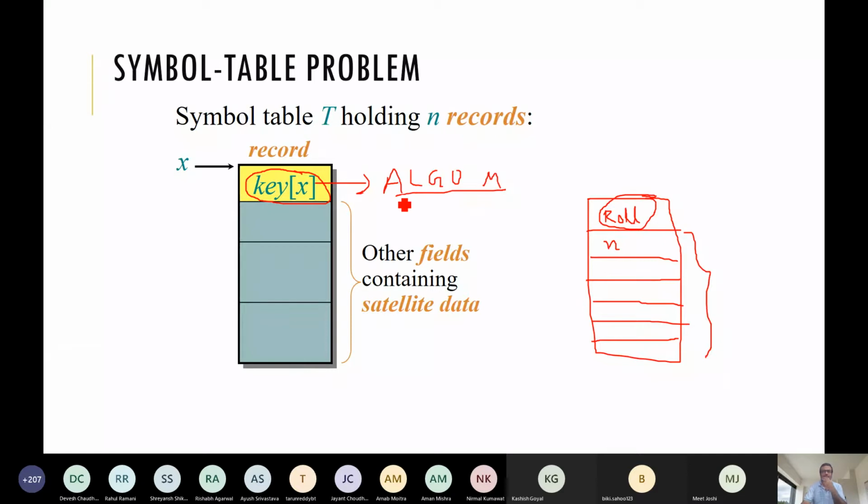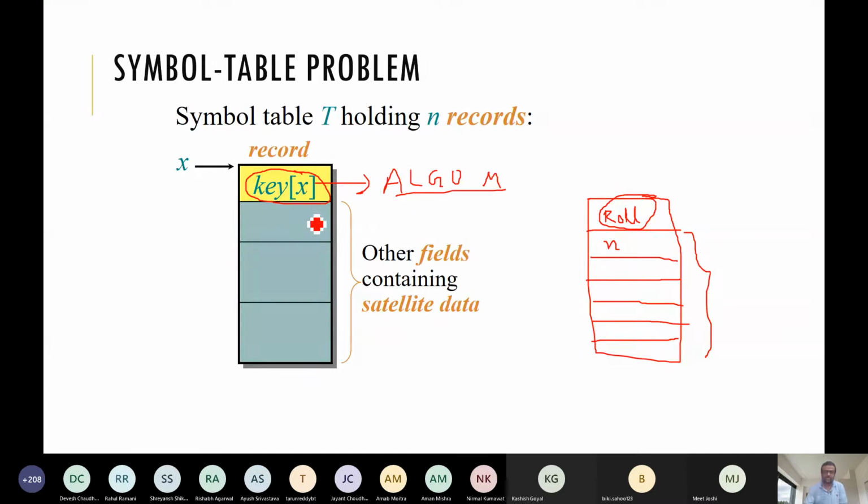Depending on the application, we may want to find who got the highest marks or who got marks less than 30, so that we can help those students improve. So we want to do the searching, or the arrangement, everything based on this field. That is usually called the key field, key of the record.